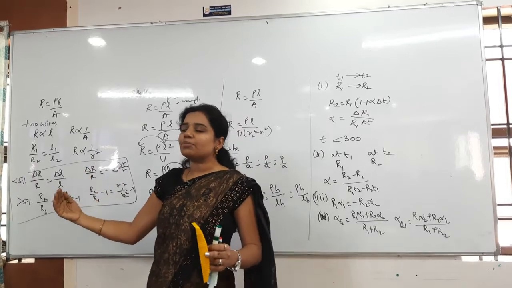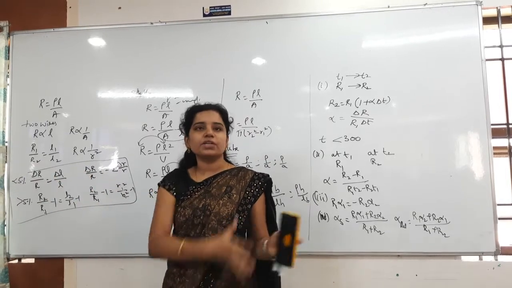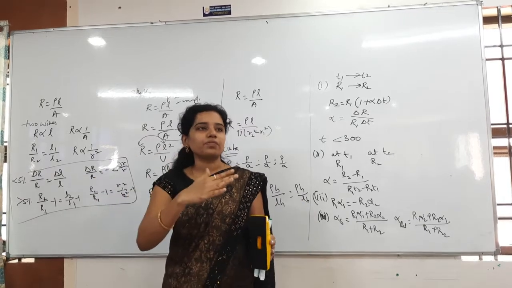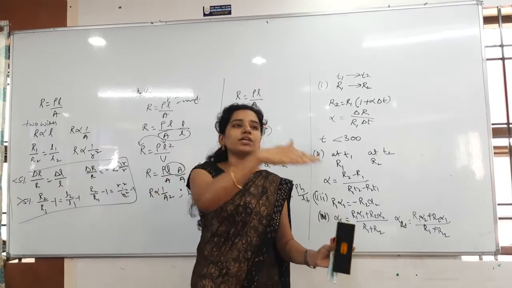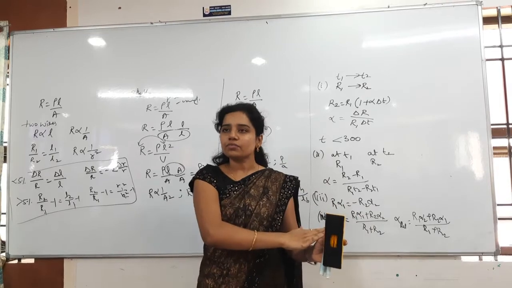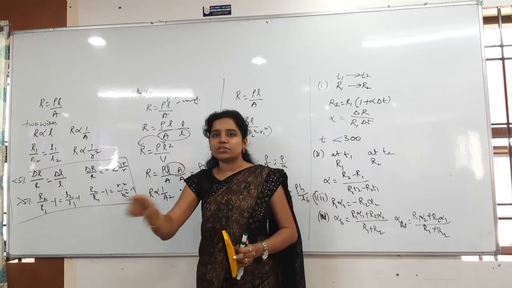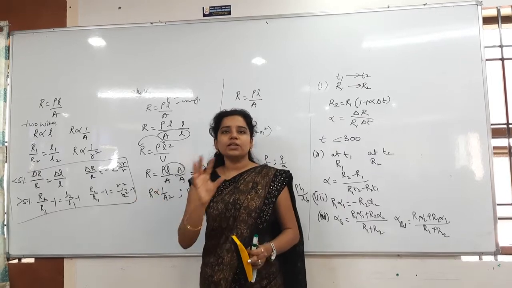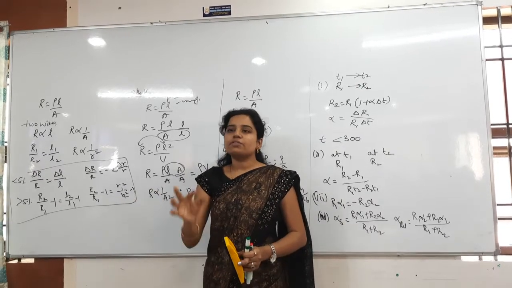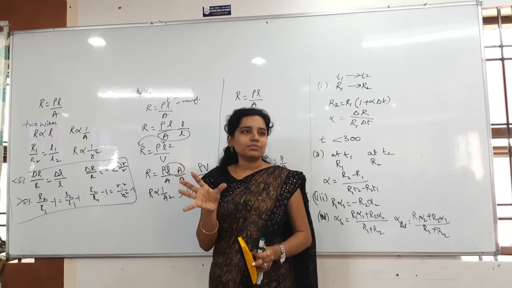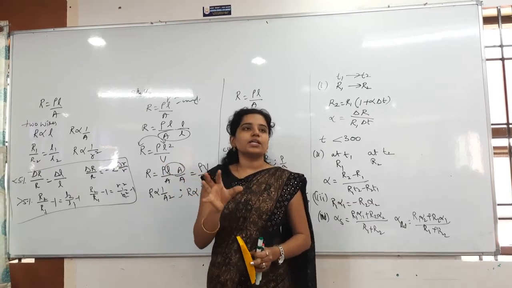So initially I am getting the current I before entering into the main circuit. That I is splitting into a number of ways, and finally also I have to get I only. You have to take all the straight lines only, straight paths without any complication. Take easy paths, and whichever resistors you don't want, you just remove them. This is the methodology so that you can get the answers easily.